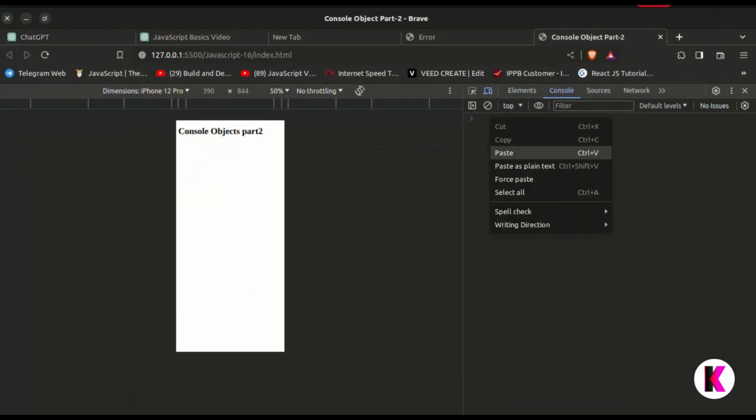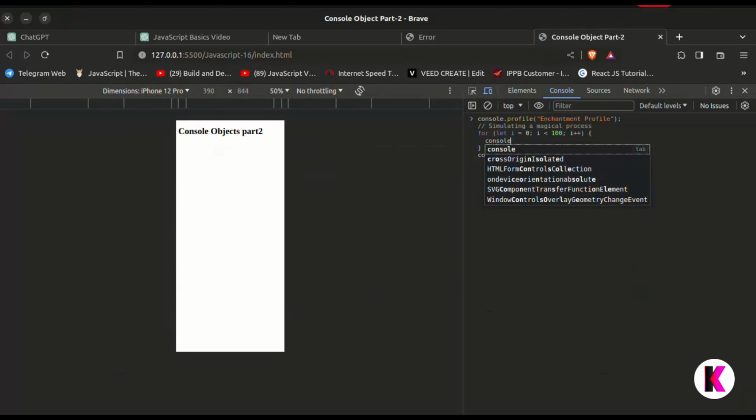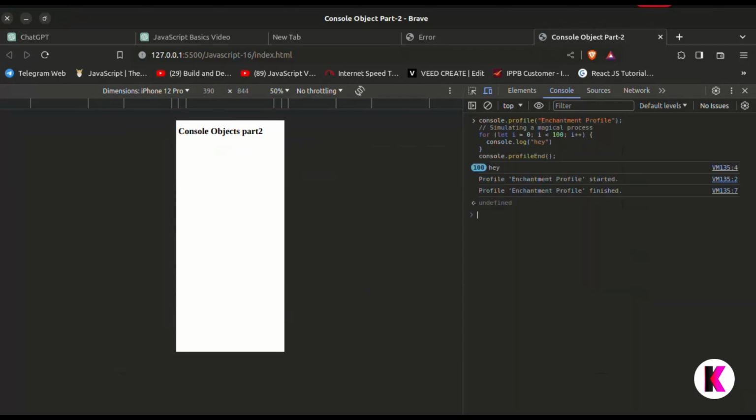So here we have the console.profile enchantment profile, and here we are performing console.log hey 100 times, and in the profile end we will get all the code information. So here 100 times hey is printed, and here the profile enchantment started and here the enchantment is stopped. I hope you get this.